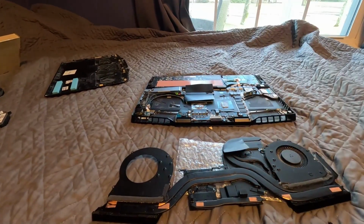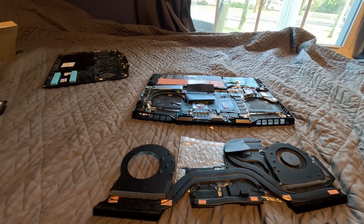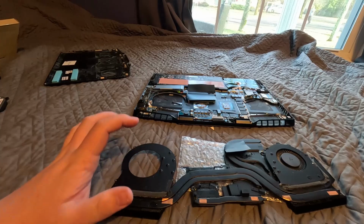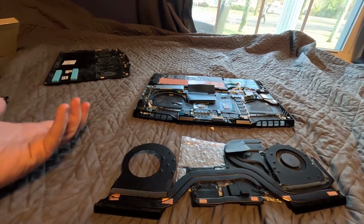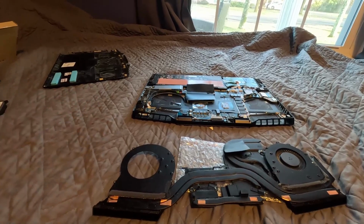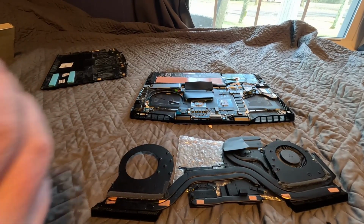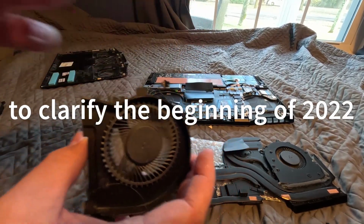So, when you turn on the laptop, if it says fan error 9dB or 90A, that means your fan isn't working, it has a problem. That's what mine had. It had it for 9dB, and I checked it, and I pulled on the wire, and that's how I obviously broke the fan cable, and there's no fixing that. So, obviously, I just bought new fans, and I actually broke it around the beginning of this year. So, yeah, if the cables look the same and everything, you should be able to reinstall this